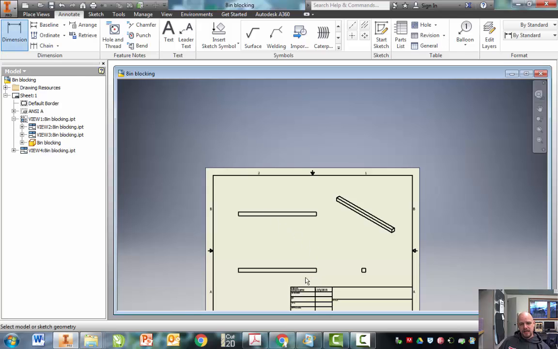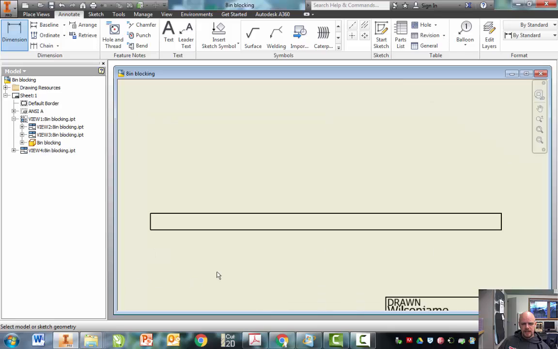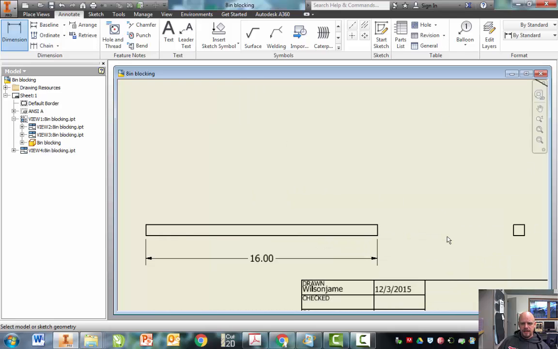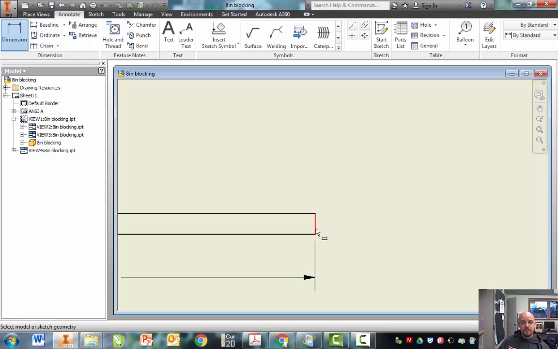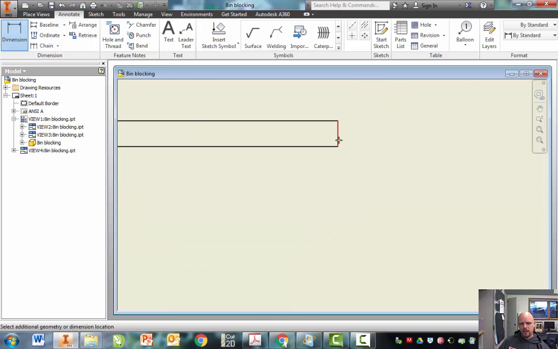For dimensions, we go over to Annotate, Dimension. I'll often just click D on my keyboard, save some time. And then we follow the dimensioning guidelines. I want overall length. Yes, my 8-inch blocking is 16 inches long because I didn't change the file name. I would go do that later. In fact, I'll show you how to do that in a bit. Click here for my height. Now, if you see where it kind of clicks into location here, that's really nice because when I go over here and try to do the width of it,